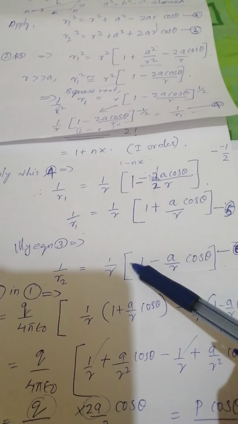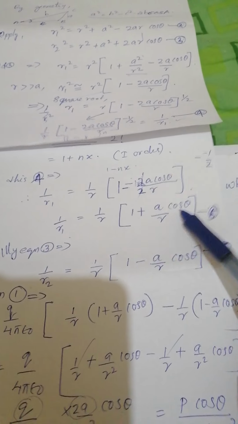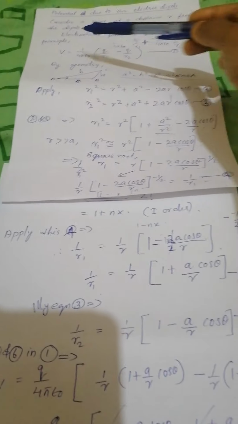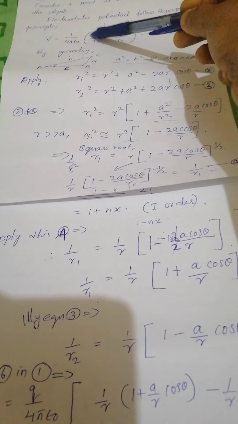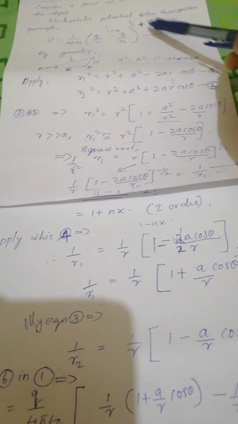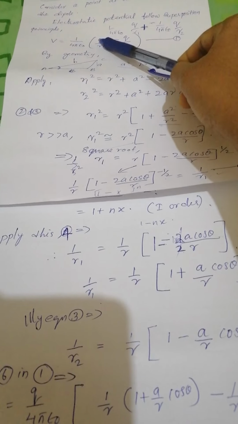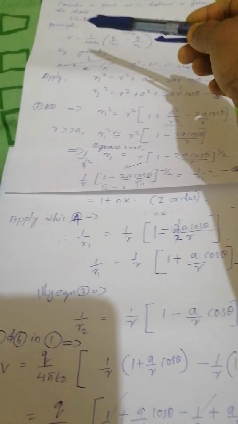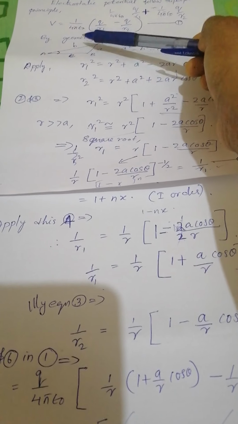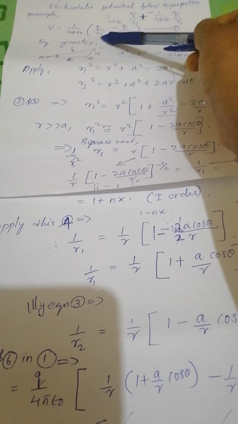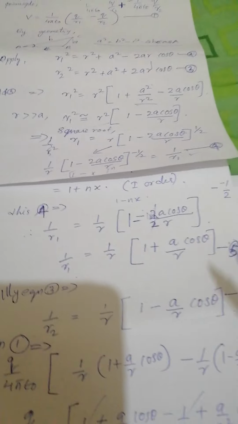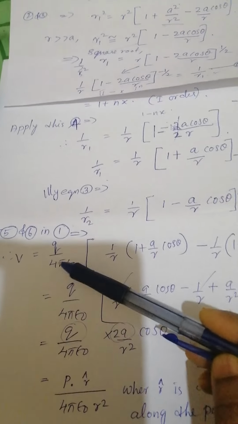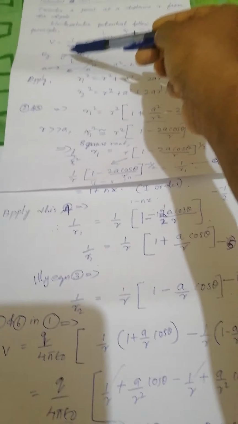So now we are going to apply these two equations, equation 5 and 6, in the first equation, that is potential. We have to find out the potential due to the dipole. So in this equation we can put equation 5 and 6, that is, instead of this 1 by r1 and 1 by r2, we can apply these two equations. So now the equation will become V